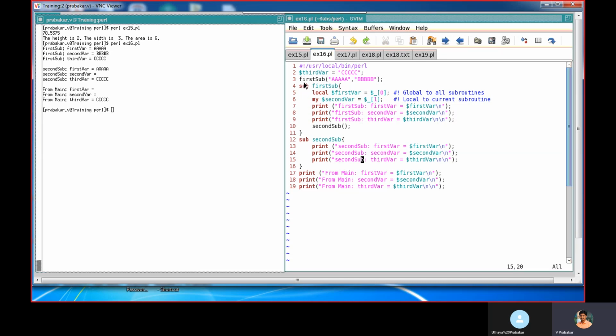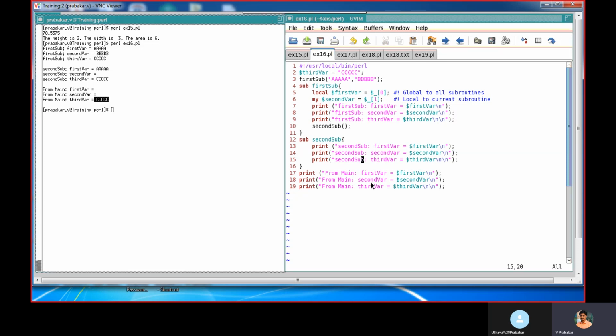If you see from the main program, first var is declared inside the subroutine, and second var also is declared inside the subroutine. So that scope is not available in the main program. It will not exist in the main program, so I didn't get any values for first var and second var.